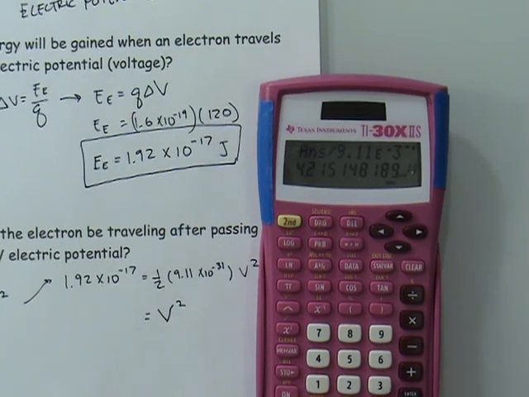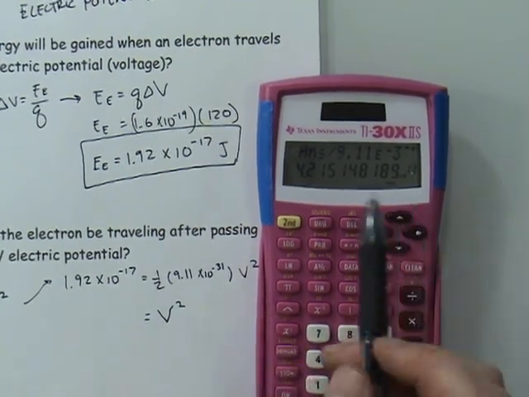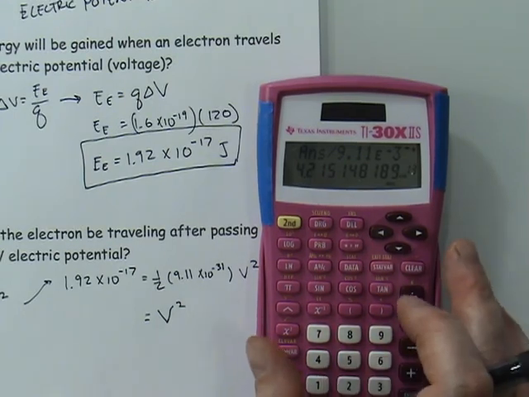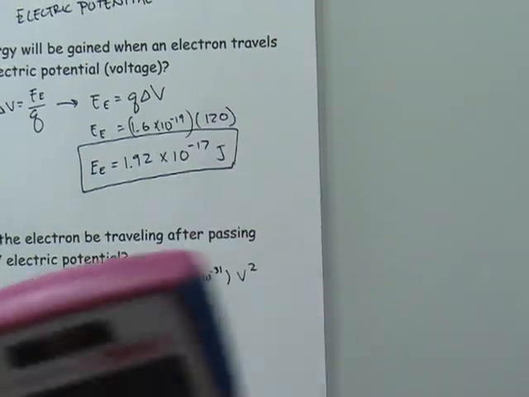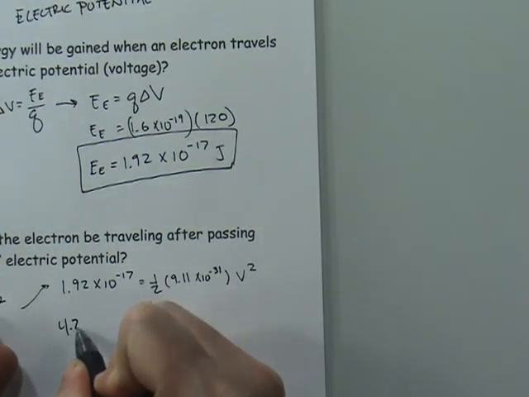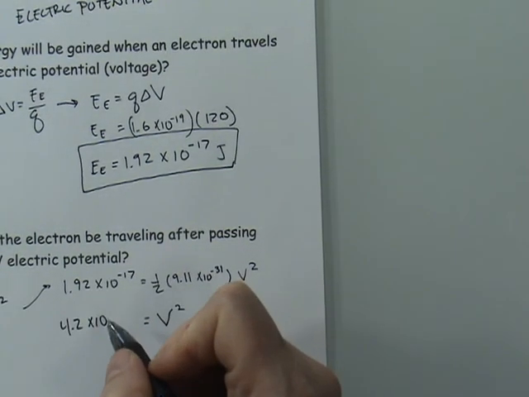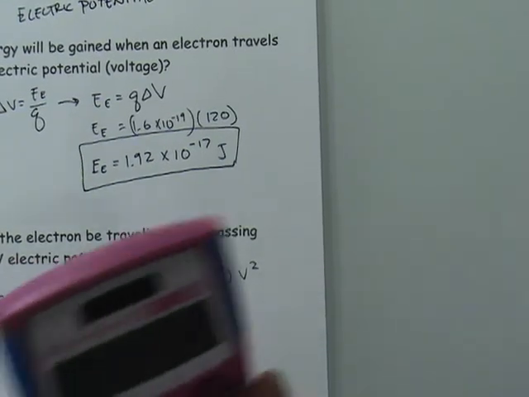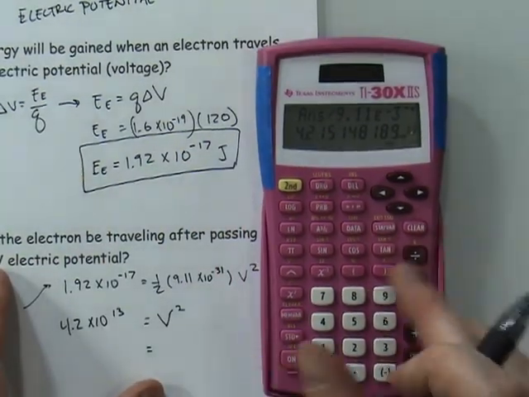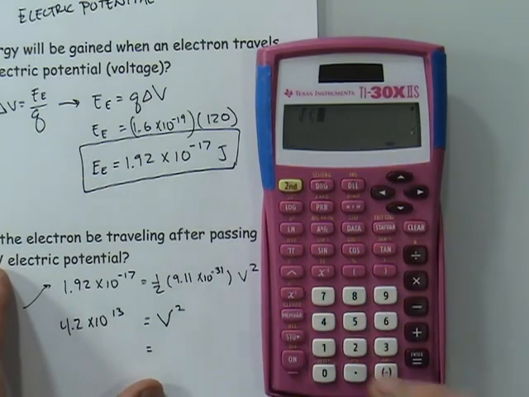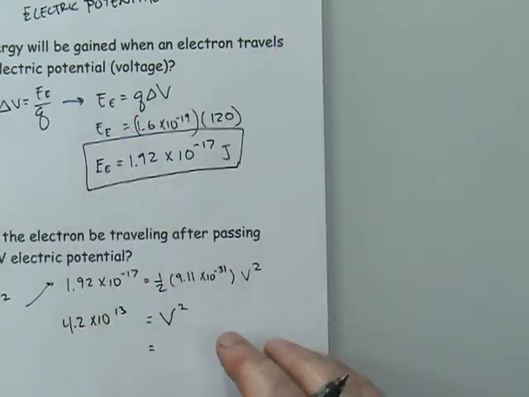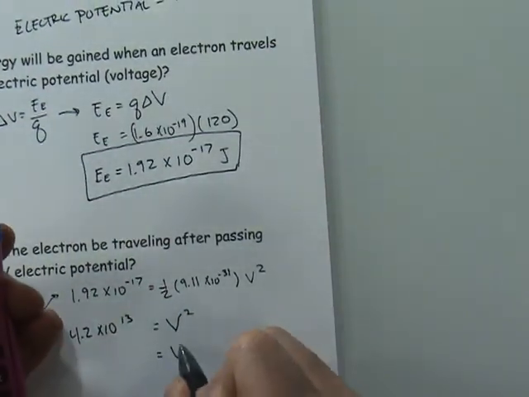Gigantic number. Okay, now remember that's not the final answer, right? Because this is still v squared. But I am going to go ahead and write that number down. That number is 4.2 times 10 to the 13th. Okay, now all I need to do is take the square root of that number. So I'll use second function, square root, second function, answer. That'll bring back my previous answer. And I end up with an answer that says v is equal to